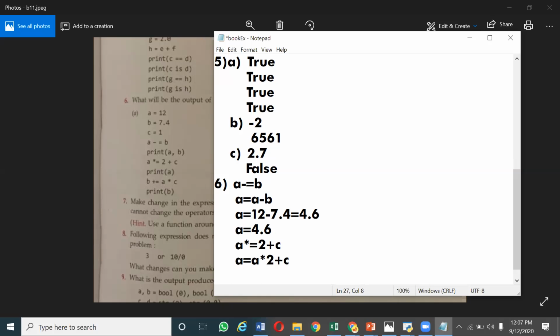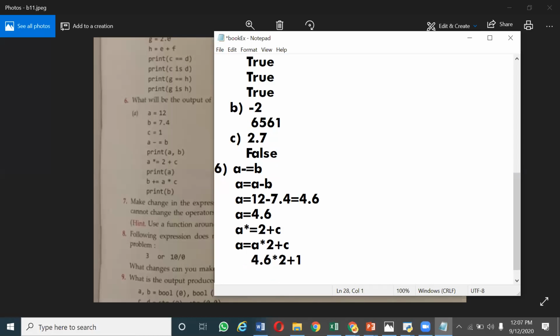What is the value of A? It is 4.6 star 2 plus C. C value is 1. So what is the result? 10.2. How will you get that? 4.6 into 2 plus 1.